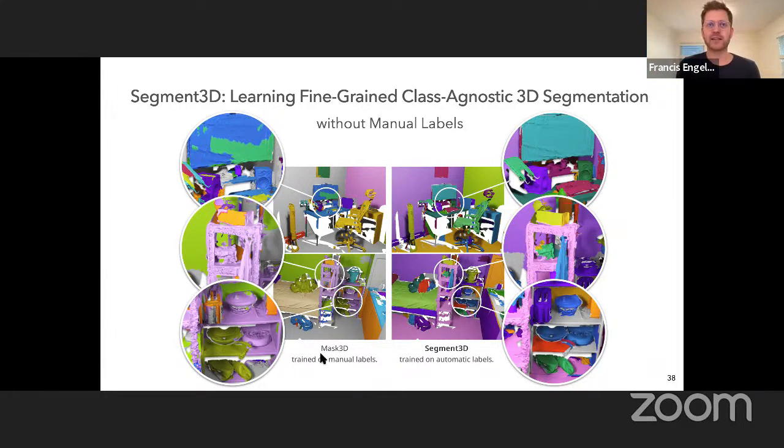Yeah, so that is definitely an aspect. So here, we simply trained it by taking the image, using the standard prompting where the prompt is a regular grid, and we simply train on all the masks that we get back. So we ignore pretty much the granularity. We train, for example, on masks that we get for the full keyboard, but we also train on masks that we get for the individual keys. So that allows the model to see